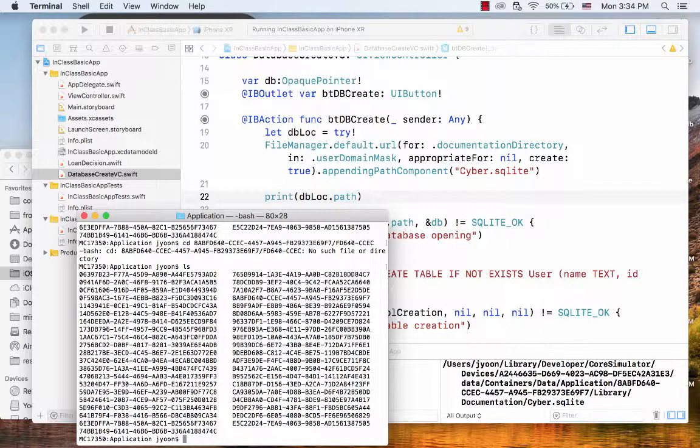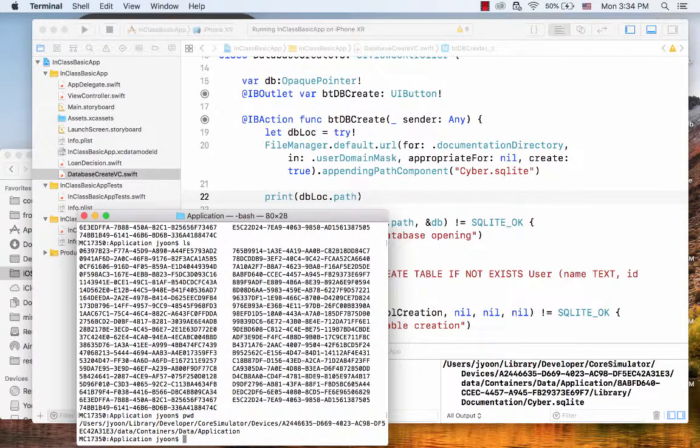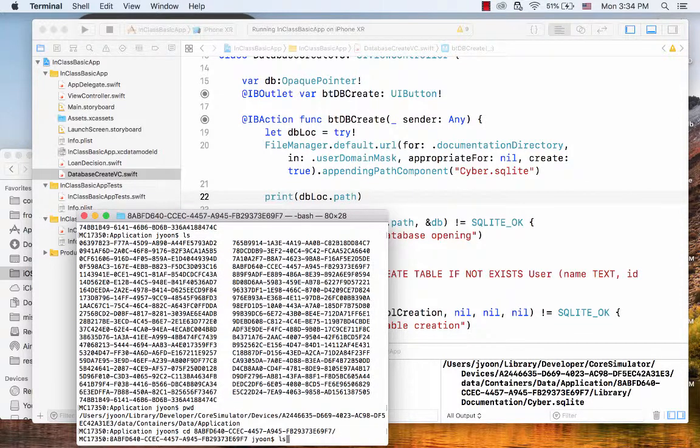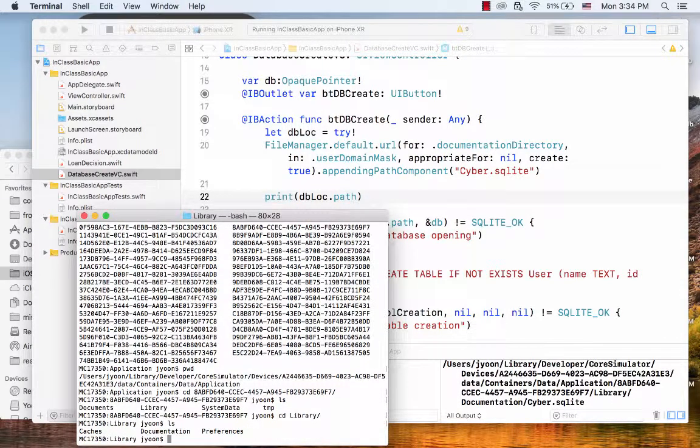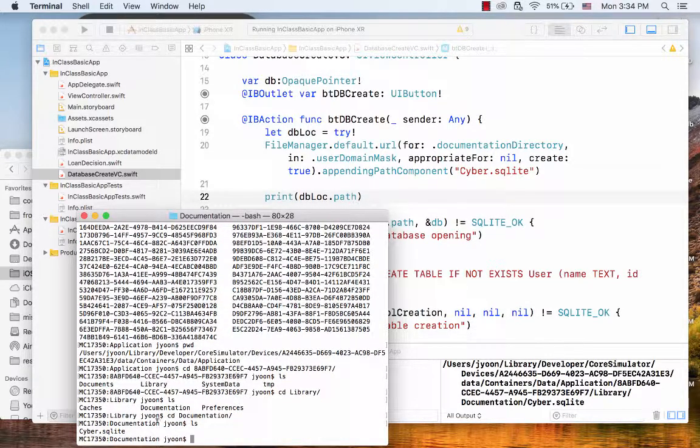ls. What did we do? PWD, and that application. Oh, cd 8ABF. ls, we have here library, and then cd documentation, ls. See here we have cyber.sqlite. Here, if you do the SQLite 3 command followed by the specific database name, which is cyber,